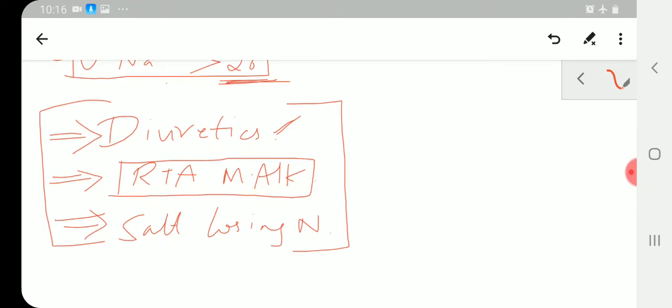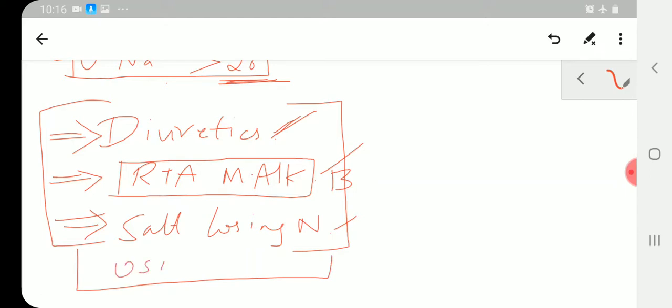Urine sodium more than 20: what is the MCQ trying to tell you? They are trying to tell you that there is some problem in the kidney. Look at the kidney: he is losing his sodium and his water content through the kidney. So it has to be either diuretics, or RTA with metabolic alkalosis, that is bicarbonaturia, or salt losing nephritis. These three are very important. Then comes one more thing, that is